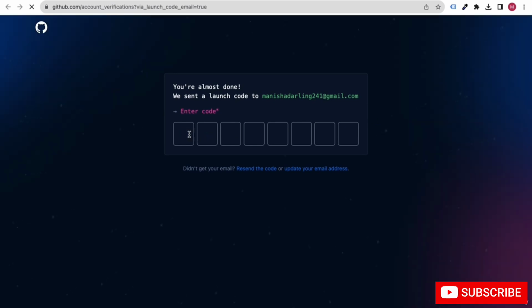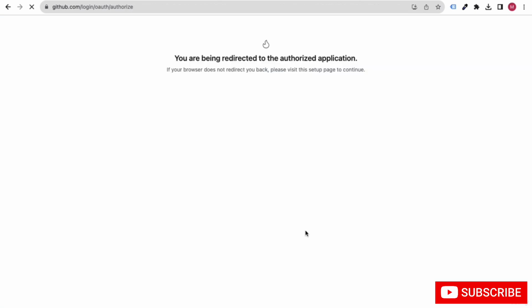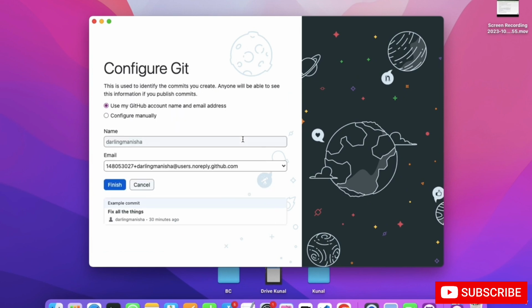Let's paste it. Great. Now we can click on authorize desktop, click on open GitHub Desktop, and then it will automatically sync up. Let's click on the finish button.